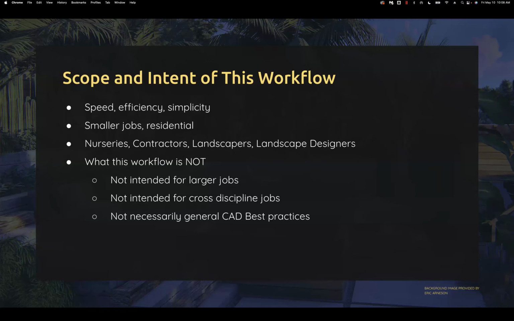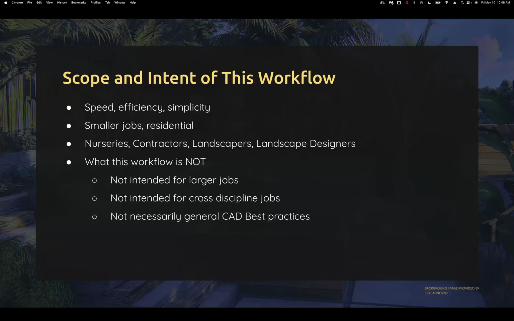And another one is drawing corruption. If you're receiving a file from a landscape architect or an engineer, for example, and they did it in Civil 3D and they just exported it as a DWG for you, there's going to be a lot of extra information in that file that CAD doesn't know what to do with. They're called proxies, and if you don't clean the drawings, like Jared mentioned, this can eventually lead to drawing corruption, and it can infect other files, and it can result in a loss of work.